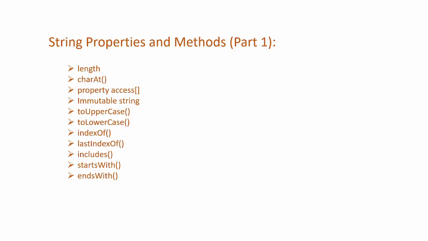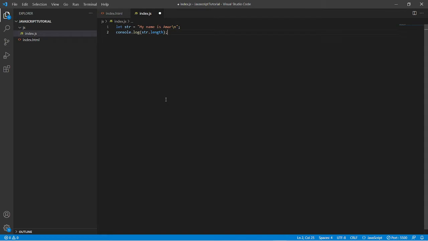Now we will discuss the charAt method. As we can see, it's a method, so we have used parentheses. The charAt method returns the character at a specified index or position in a string. What I mean by that is, we have a string and we can use the charAt method. Let me remove this backslash n. Now since it's a method, we need to use parentheses and we need to provide the index or position of the character that we want to know.